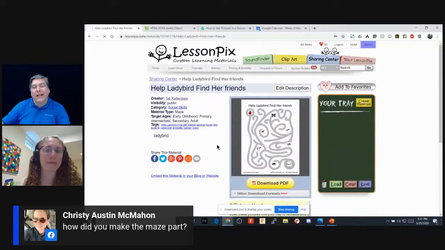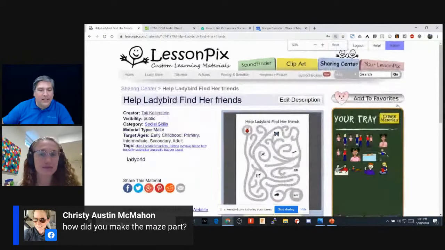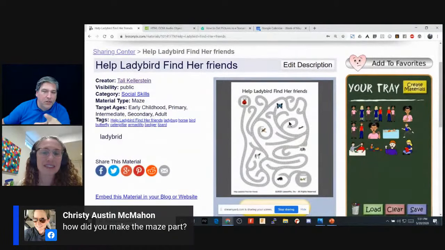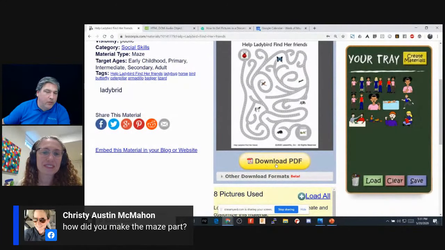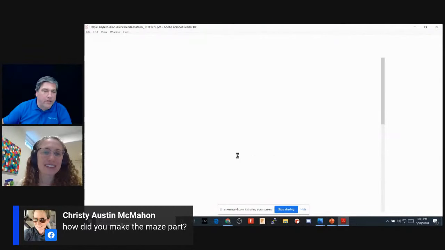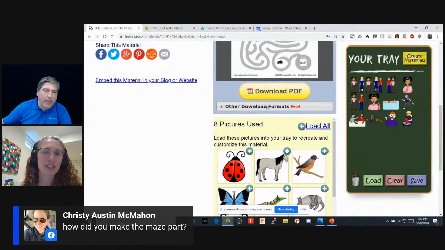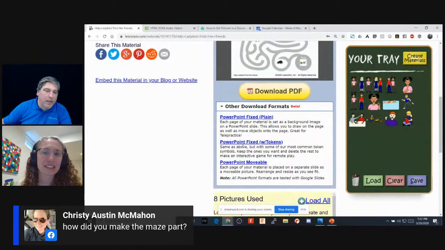There we go. So what Tali did, let me zoom in so you guys can see, was she created this game using the wizard. So she put the pictures in her tray. She chose the maze layout, and she generated the PDF file. So I could download this PDF file right now, and it would look just like the one that you used. But you didn't do that, right? So after you created this, you went to the area right beneath it that says other download formats. Exactly. And then you chose PowerPoint fixed plain. Yeah. I made sure that I loaded those images onto the tray